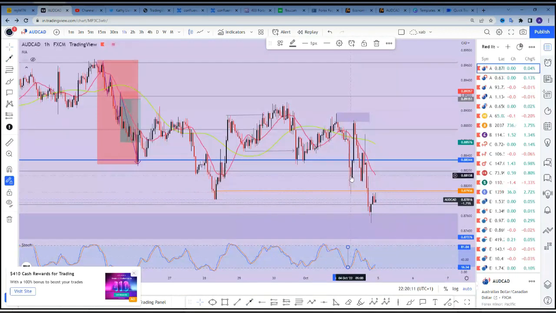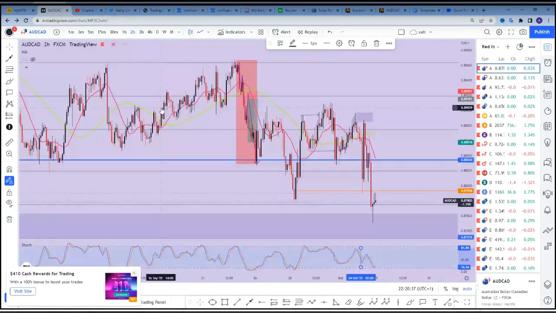Whereas waiting for market structure would have meant that you would have been taken out at break-even. This trade would have most likely closed at break-even. Why? Because you didn't exit early enough. You didn't close out of that trade early enough. And that's why I'm showing you tonight how you can use indicators in a safe way that wouldn't hurt your account, but at the same time, you would be making a lot of money.